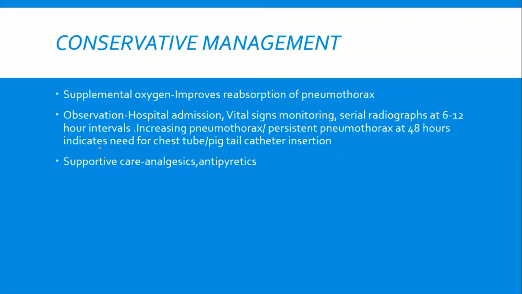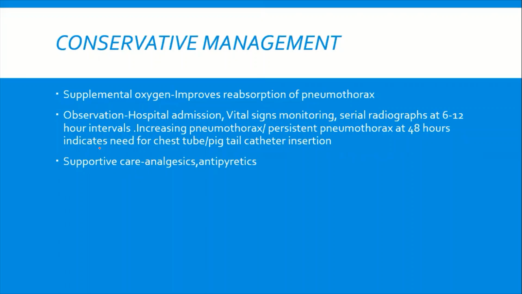What are the types of management? You can do a conservative management. You can do a needle thoracotomy. You can do an intercostal drainage tube, or you can do pleurodesis. But when and how are you going to apply these managements? We will see them in a small outline.